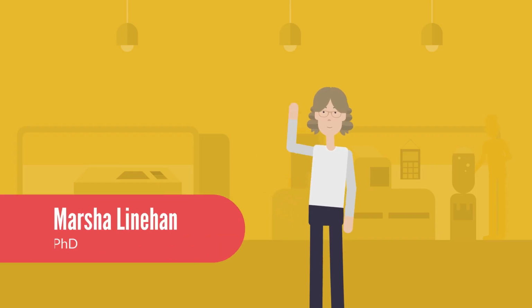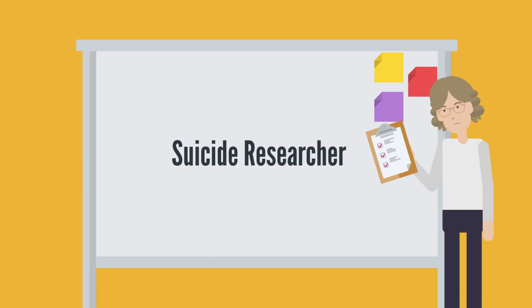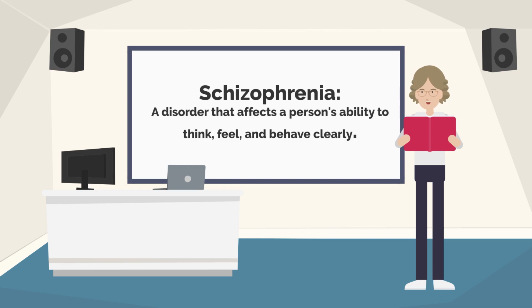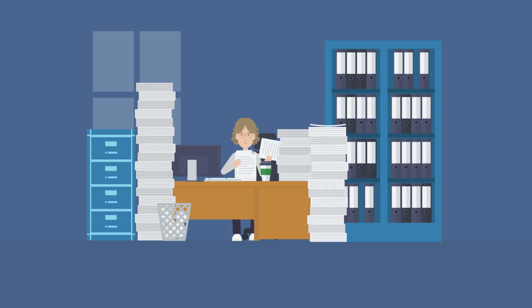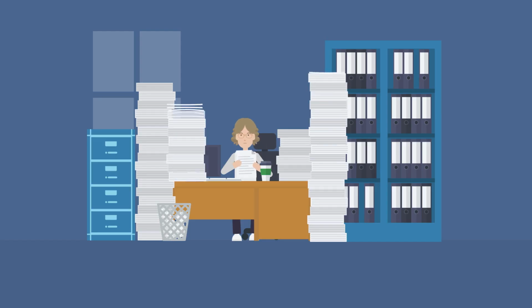A crucial person responsible for effective treatment of BPD is Marsha Linehan. In 1971, Marsha Linehan was a suicide researcher who had no familiarity with borderline personality disorder. When Marsha learned of borderline personality disorder, she had already been battling her own mental illness after being diagnosed with schizophrenia. She began researching BPD and began developing dialectical behavioral therapy.